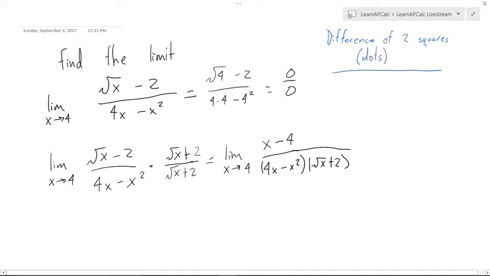So if I have, say, x minus 3 and x plus 3, or essentially any term that's the same here and here, and then these terms are also the same but opposite, this is the difference of two squares, and I can always just multiply